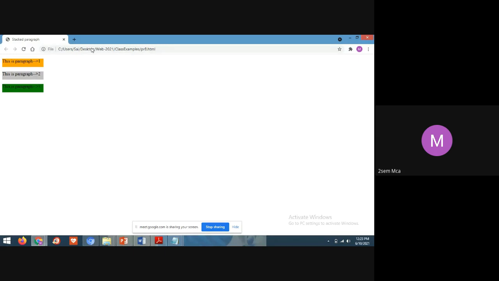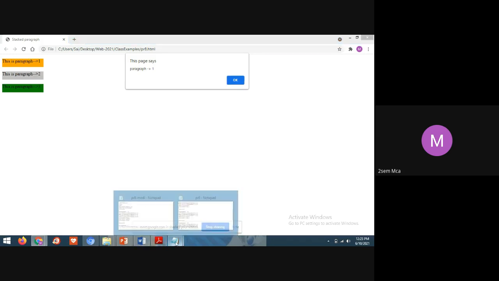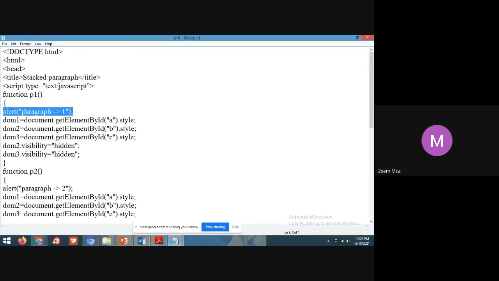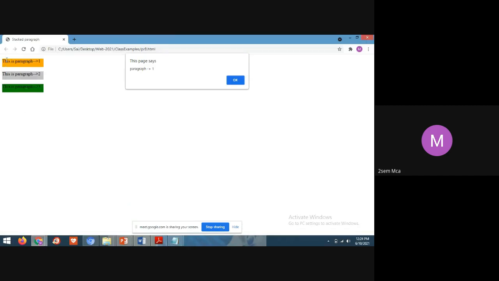So this is the output. First, when you put your mouse pointer on 1, then what is happening, students? This message it is displaying in an alert window, paragraph 1. And in these div tags, this is paragraph 1, this is paragraph 2, this is paragraph 3.